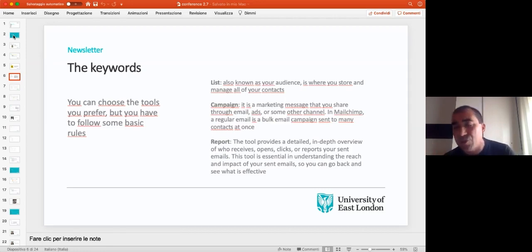Which is the difference between a newsletter and an email? Well, in the newsletter, you have a graphical aspect, you have several links, and we will see later why it's important to have links. You can have videos, you can have images, you can have social network links. You must use all the digital tools you have, because using the newsletter, we can record our customer. Every time you send a newsletter, you can record exactly what your customer is doing on your newsletter. And this is the difference between a newsletter and an email.